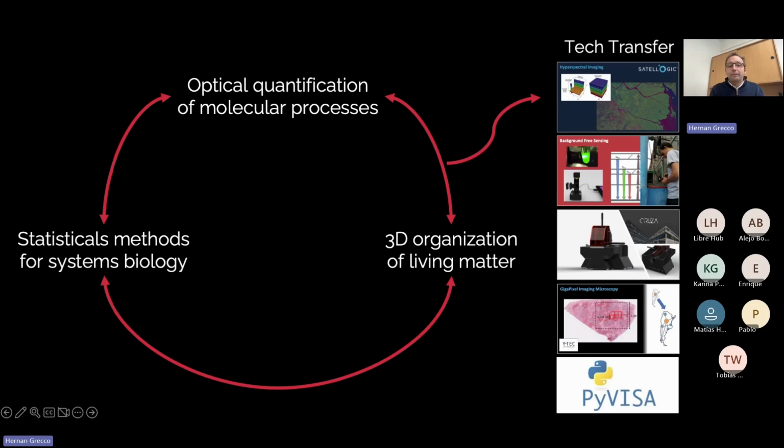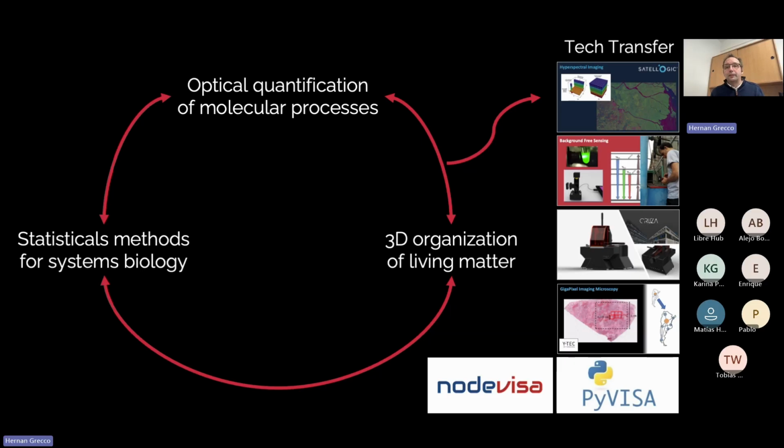For example, we have developed VISA, which is the Python standard to communicate with instruments. We have also interacted with YPF, the main petrol company in Argentina, to develop microscopy settings. We developed a microscope, which I will talk to you about today. We have also worked with Satellogic, a satellite company, to develop a hyperspectral camera. And closing the circle, some of my students are now creating a company called Node VISA, which is a way to have commercially supported VISA connectivity with instruments in a modern, asynchronously aware, concurrent manner.